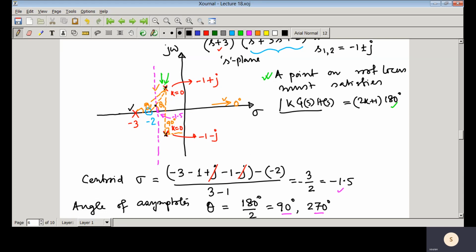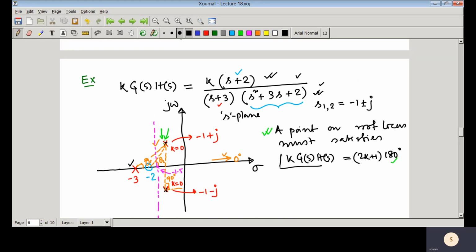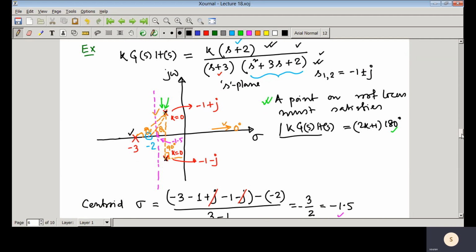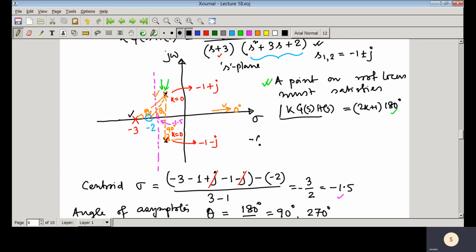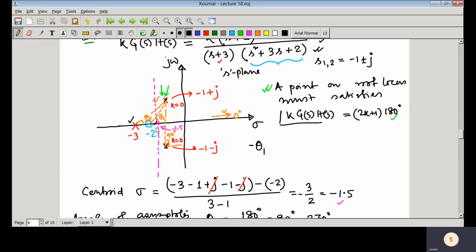Suppose this is theta 1, this is theta 2, and this one is 90 degrees because they are complex conjugate. From this particular pole, if you draw a line, it would be perpendicular with respect to the reference axis. What would be the angle contribution for this particular pole? That is theta 1, and as the pole is in the denominator, its angle contribution would be negative, that is minus theta 1. Theta 2 is the angle contribution due to this zero, and as it is in the numerator, its angle contribution would be theta 2. And here there is a pole, so its contribution would be 90 degrees, and as it is a pole, it would be minus 90 degrees. And there is a point which is very close to this particular pole.